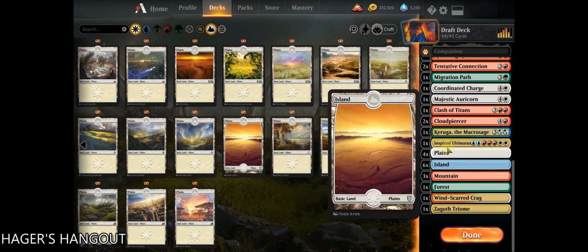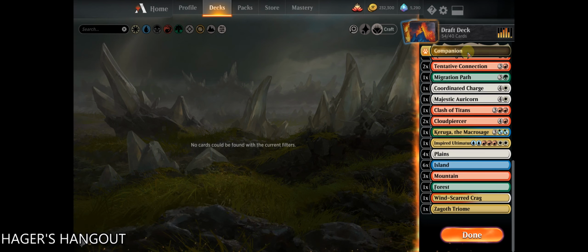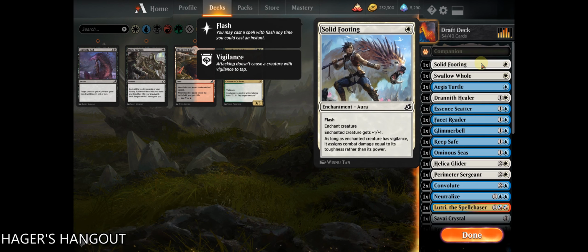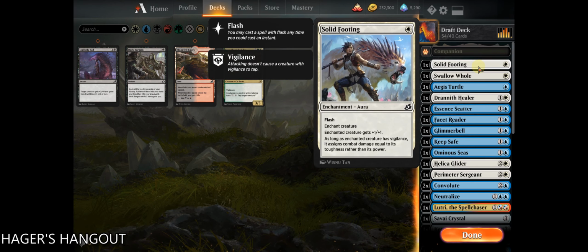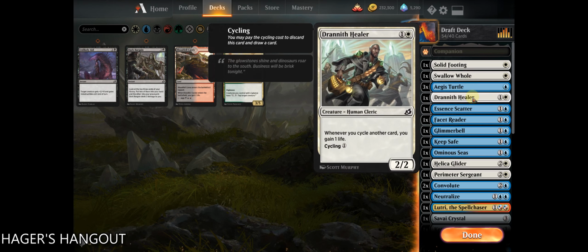So let's go ahead and start doing a comparison. No. Get rid of that. Comparison. Cool. So I have solid footing that will help all my creatures with vigilance. As long as the enchanted creature has vigilance, it assigns damage equal to its toughness rather than its power. Okay. But I don't know if... Alrighty. Whenever you control another card, you gain... whenever you cycle another card...